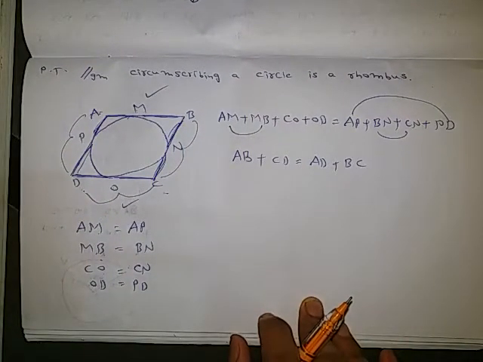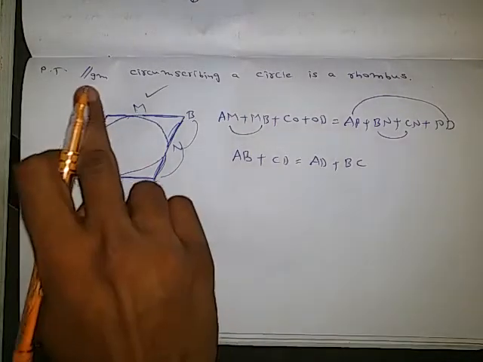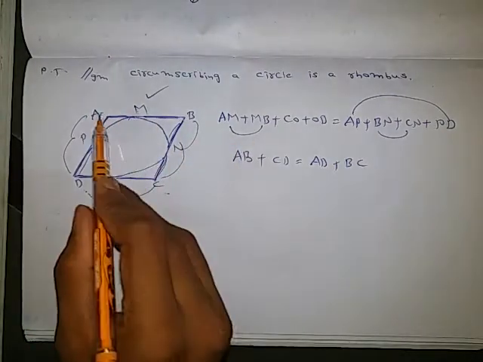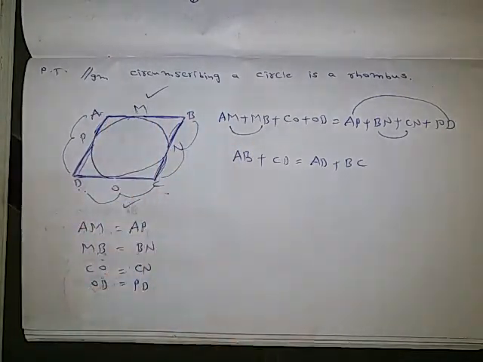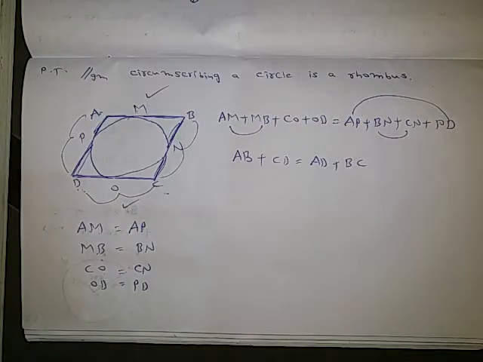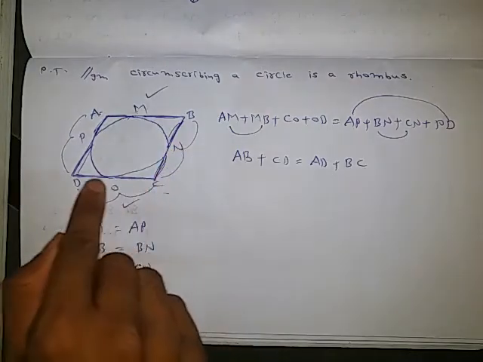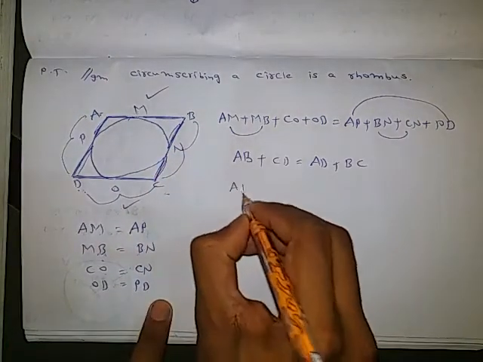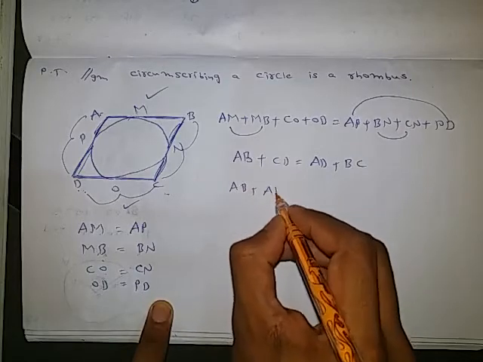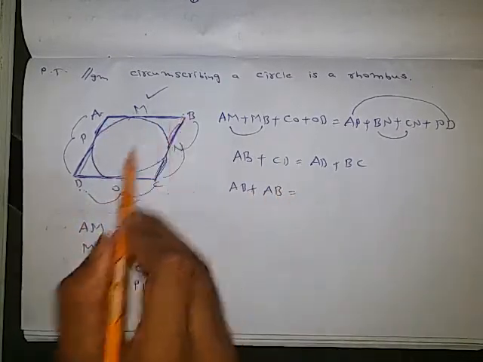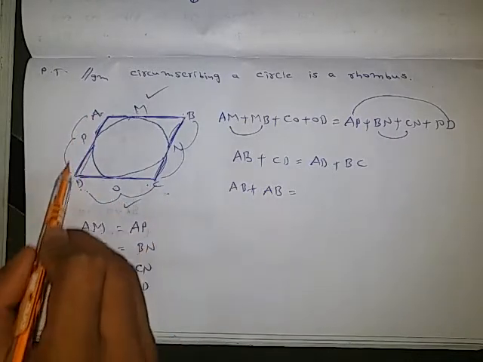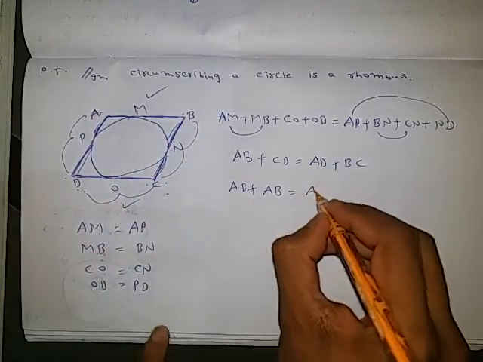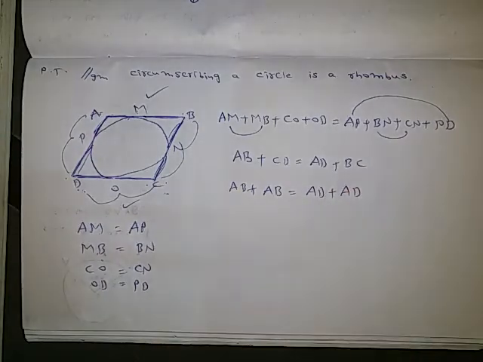In the previous question he discussed that it is a quadrilateral only, but here he mentioned that the figure is a parallelogram. So this ABCD is a parallelogram. So what is the property of a parallelogram? Opposite sides are equal to each other. So it means AB is exactly equal to CD. So in the place of CD also I am writing AB. Next, AD is equal to BC. So AD I am writing as it is. In the place of BC also I am writing AD.